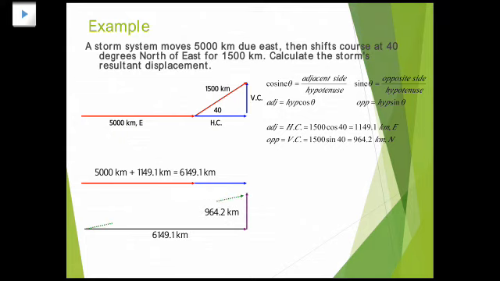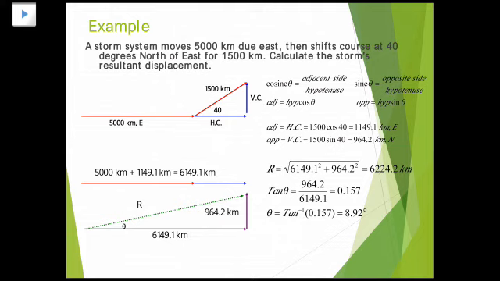So, nakabuo na tayo ng regular right triangle. So, yung pagsosolve ng resultant is yung parang yung una lang. Kukunin natin yung hypotenuse and yung angle ng direction. So, Pythagorean theorem is square root ng y squared plus x squared. So, square root ng 6,149.1 squared plus 964.2 squared is equal to 6,224.2